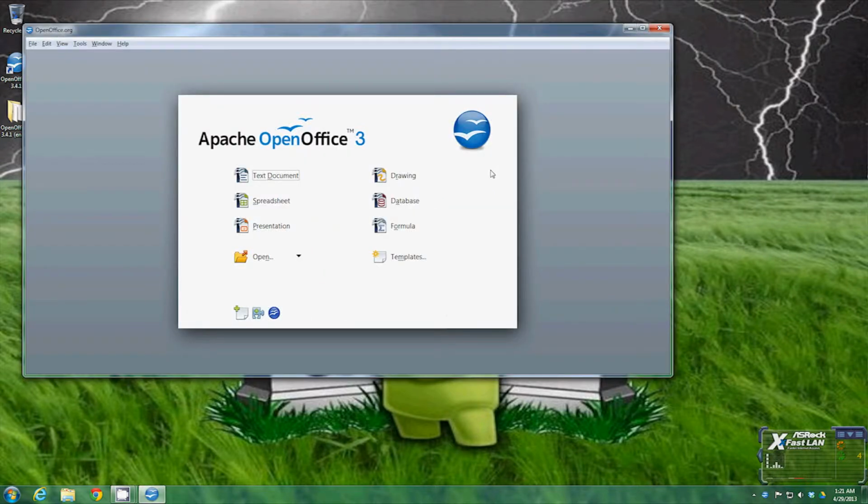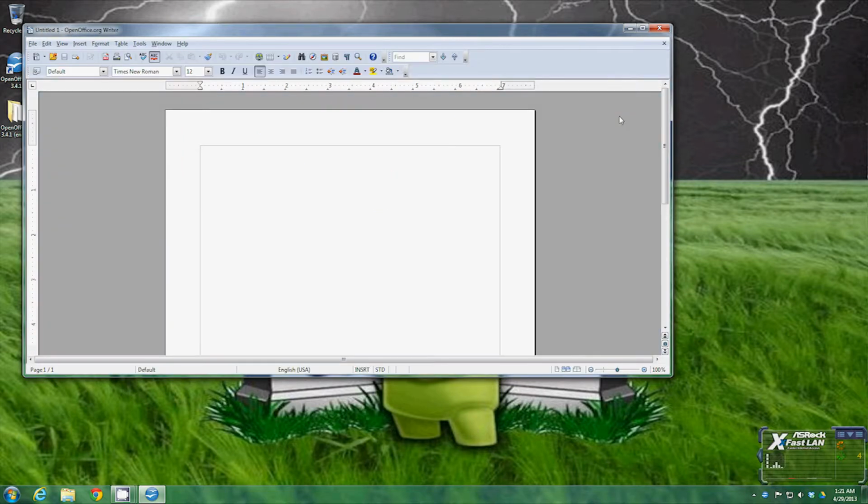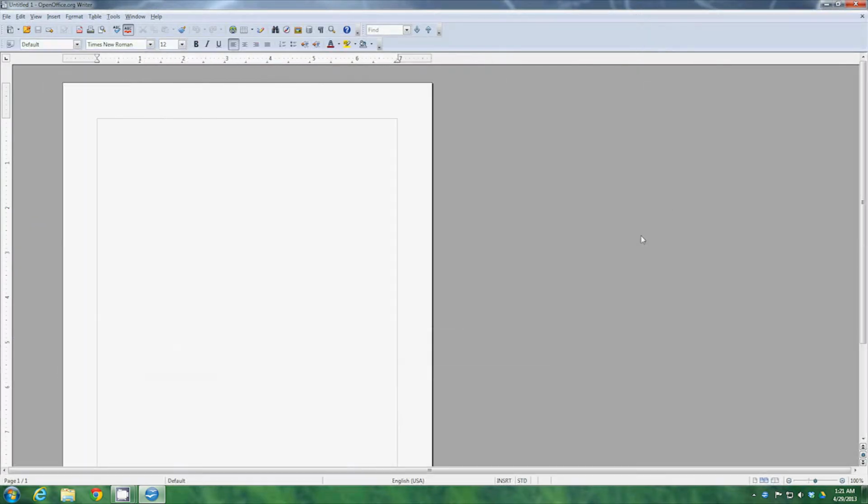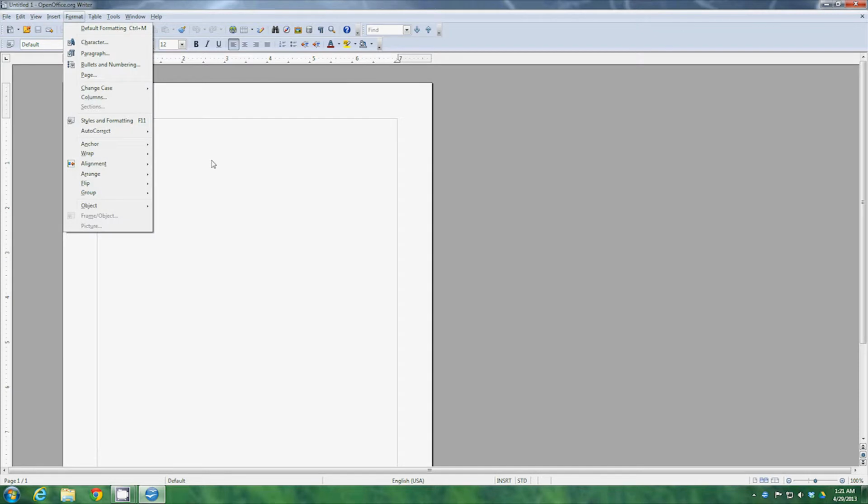And here you are. You can work on text documents, spreadsheets, presentations, databases, drawings, all kinds of nice stuff. They have all kinds of free templates to show you how much like Word it really is on Microsoft Office. All you have to do is select on it, and it brings you to the writer. Select the text document, and here you are. You can go to the format,